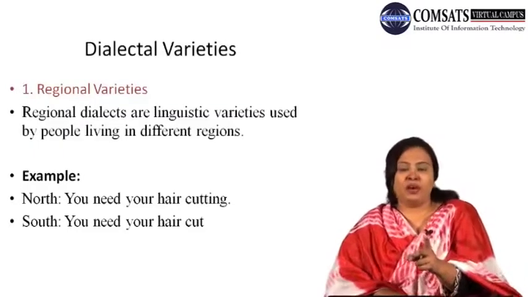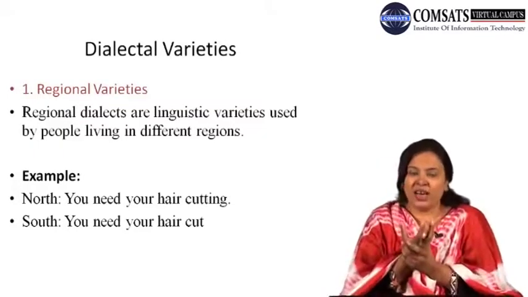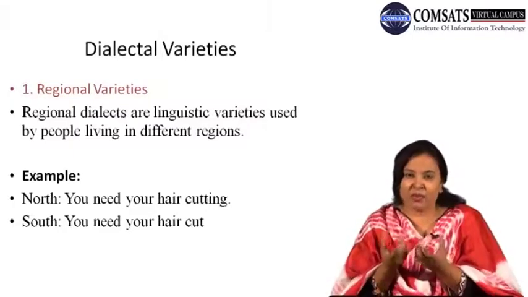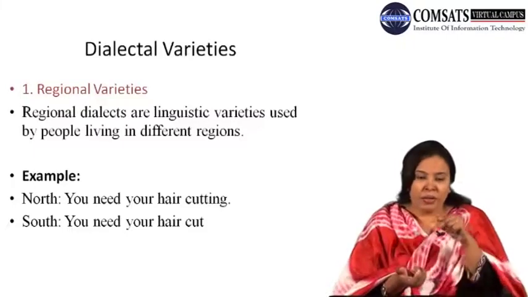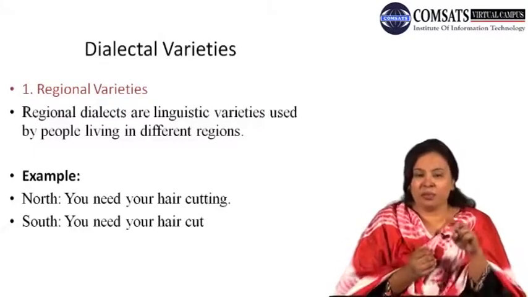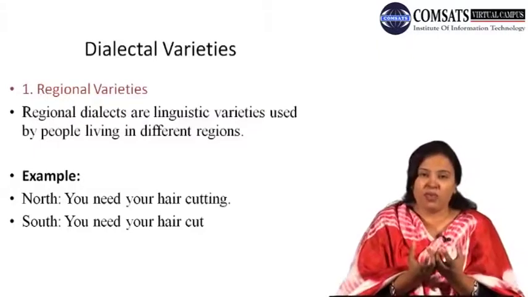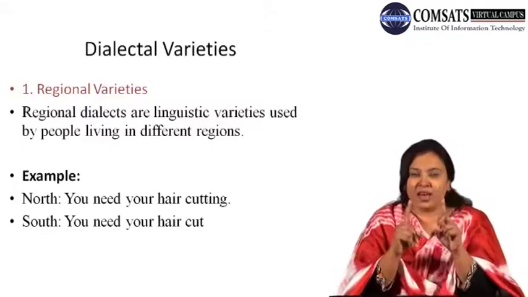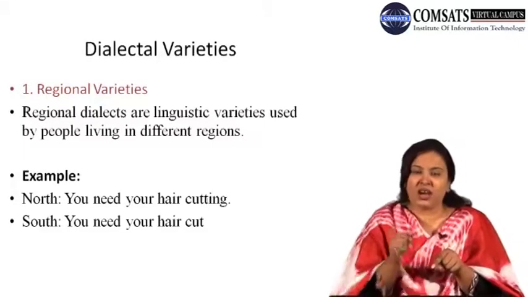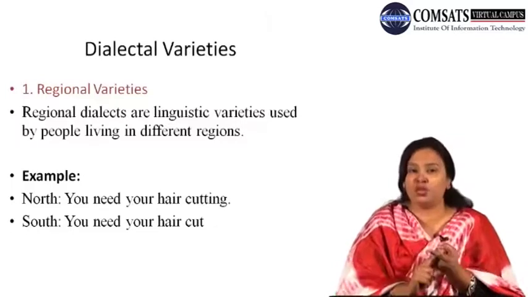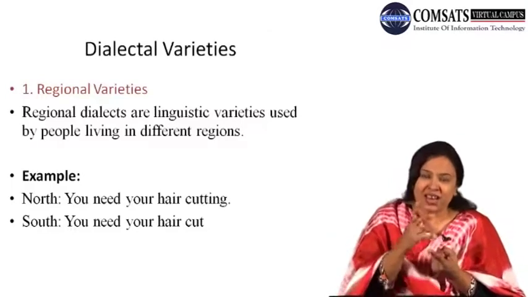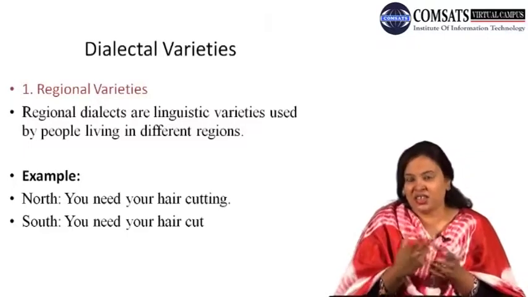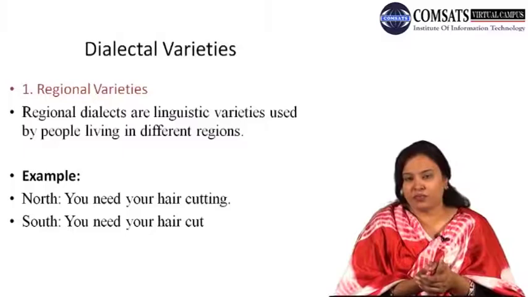Again, I am giving you the example of Punjabi. Punjabi is one language, one dialect. But the people over here in Rawalpindi, Islamabad have a different type of Punjabi. The people in Lahore have a different type of Punjabi. The people in Faisalabad have a different type of Punjabi. People in Chakwal have a different type of Punjabi. So one Punjabi dialect, but according to the regions, according to geographical position, according to places, the language changes. There are certain variations inside that language.